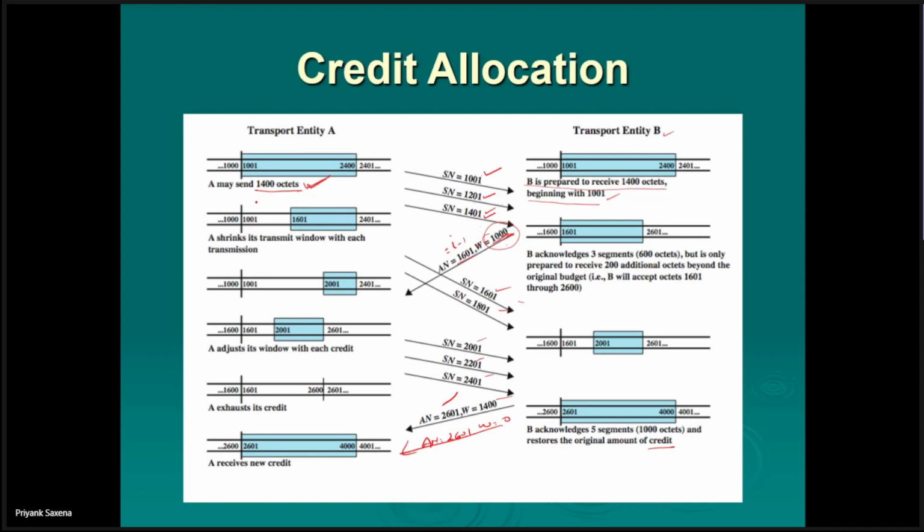This is very, very important to understand the working. The receiver assigns a credit to the sender. So initially, B has assigned a credit of 1400 octets. Just assume a situation like a hotel room, right? You visit any hotel website, right? How do they allocate rooms? There can be two policies there, right? One can be a conservative policy that